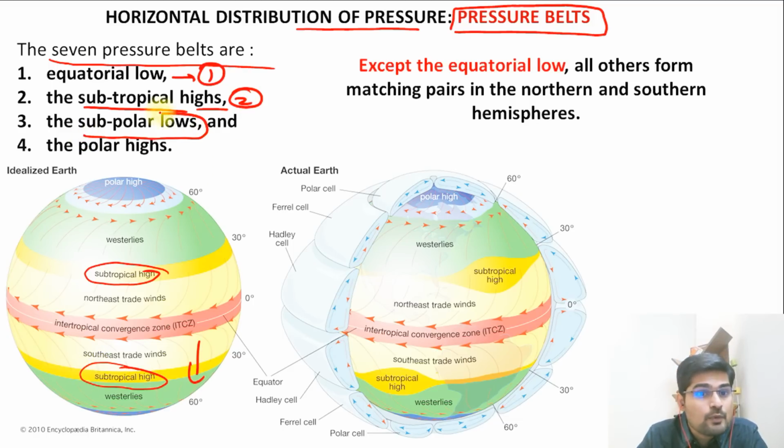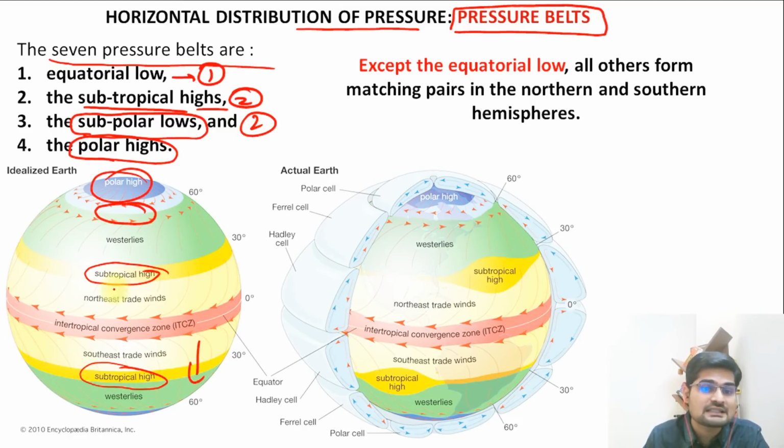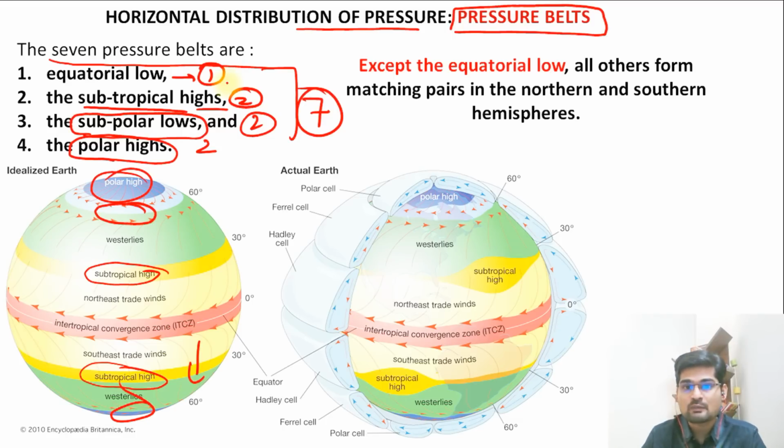Then we have 2 subpolar low belts, that is here near the poles, right, in both the hemispheres. So it is 2 in number. And then we have polar highs on both the sides. So we have 2 in number. So in total, 7 pressure belts are there, right? So remember one more point, that except the equatorial low, all others form matching pairs in the northern and southern